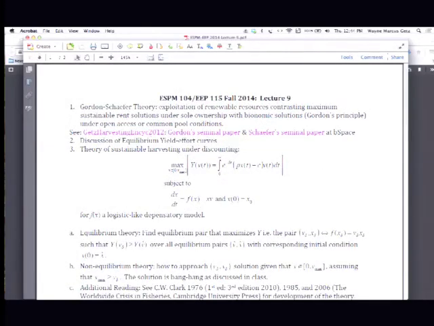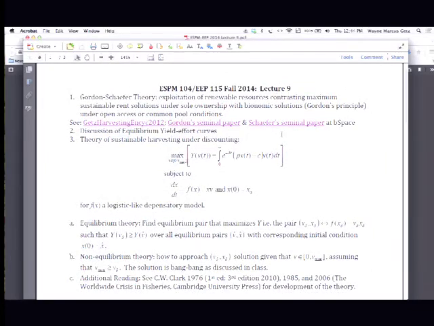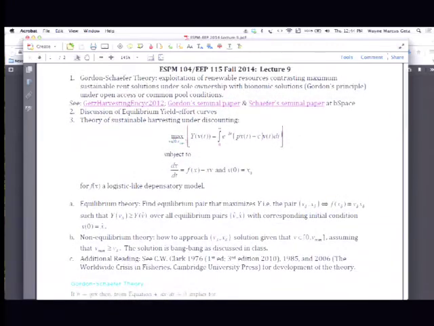So at the site, you can download my section on harvesting from the Encyclopedia of Ecology, which I wrote a couple of years ago, and Gordon's seminal paper and Schaefer's seminal paper on which this basic theory is developed. These papers came out in the early 1950s, and these are reissues of the original papers in a 1991 issue of a journal. So you can find those online. I'm going to close this down so that I can use all the whiteboard space, and then I'll open it up as we need it.